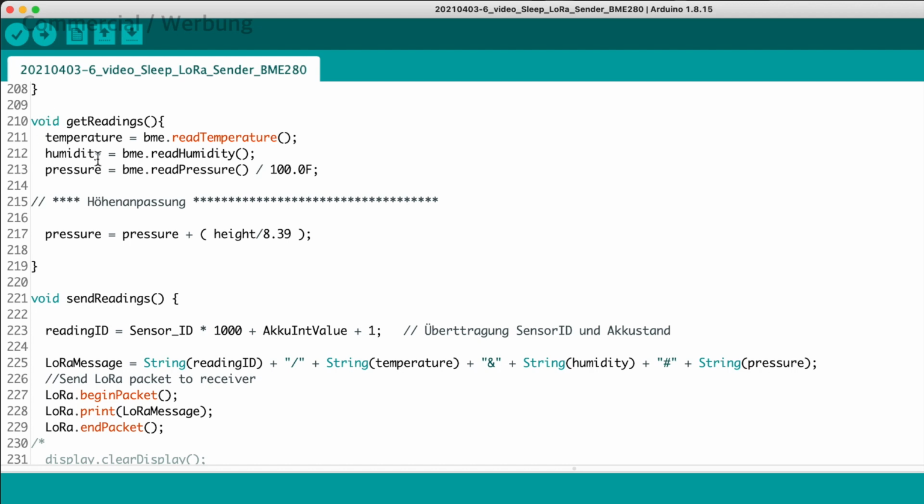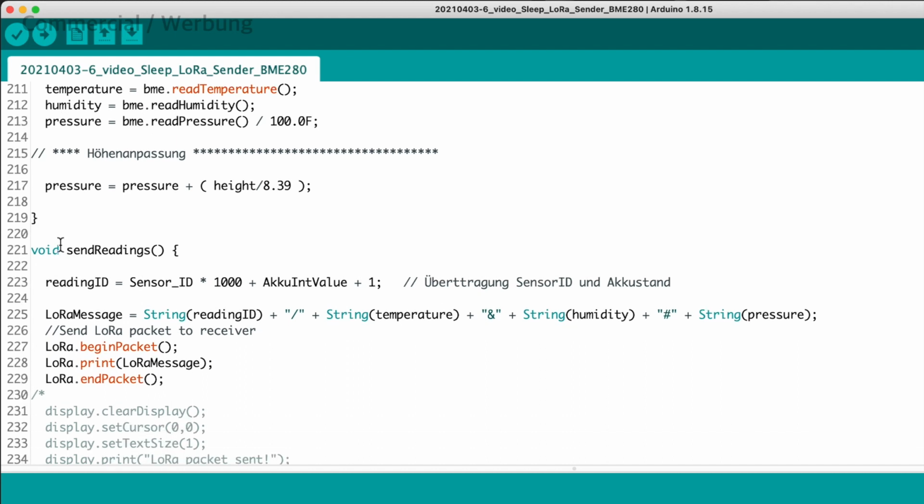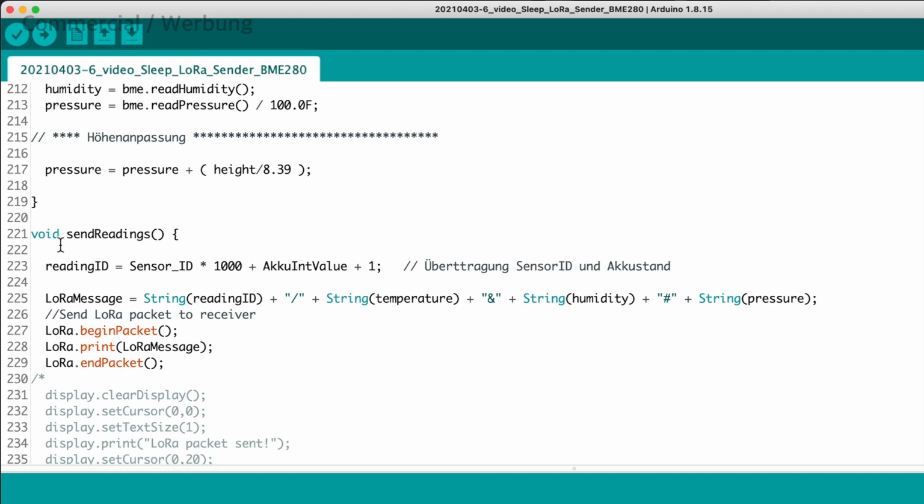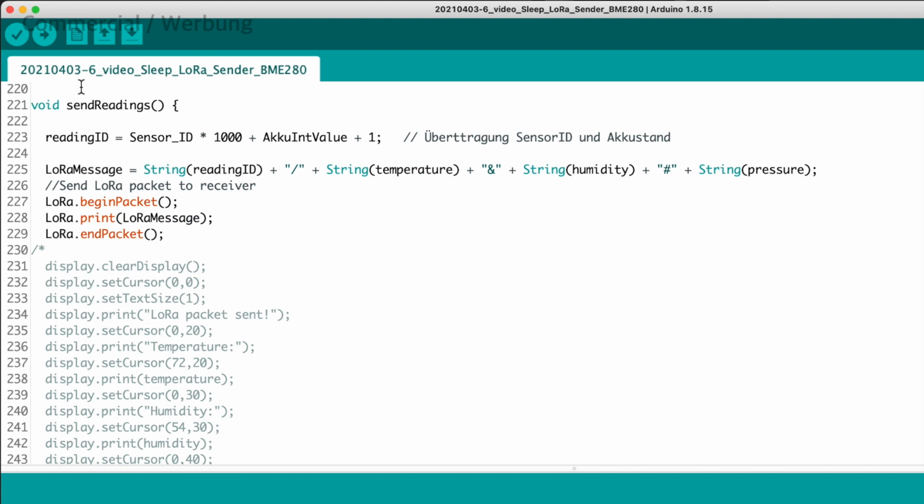It performs well in the area of 400 meters above sea level. In case you want to operate the sensors in extreme heights, you might want to find a more accurate formula in Wikipedia. Send readings is processing the sensor readings plus the sensor ID and the battery voltage.